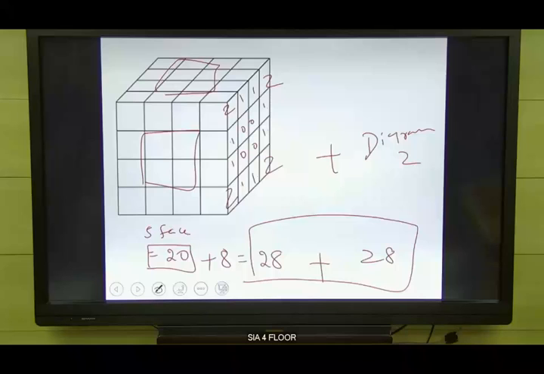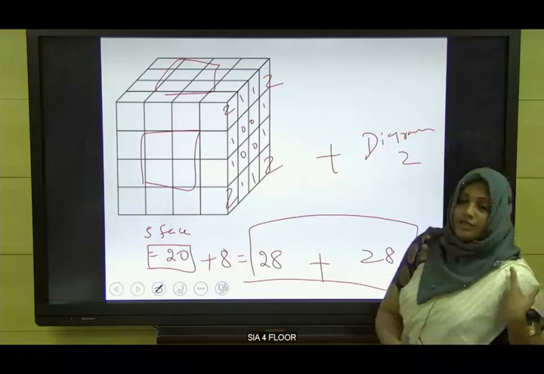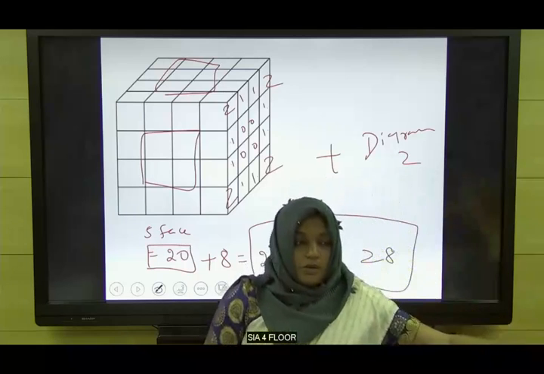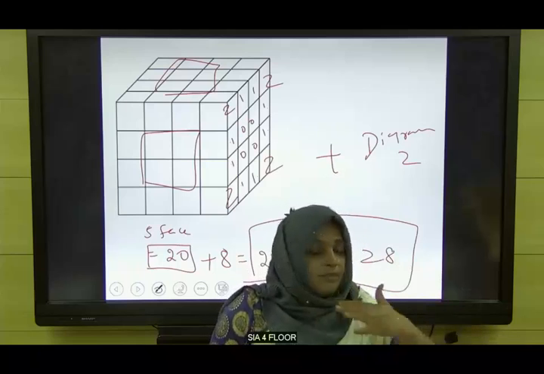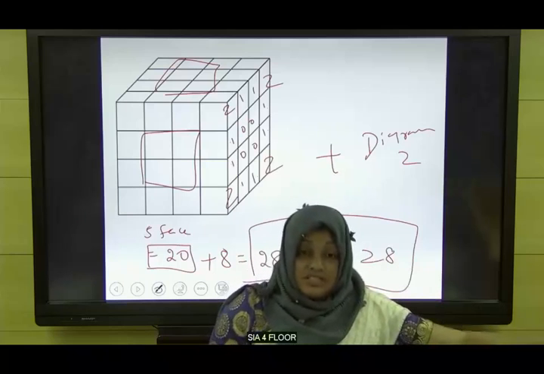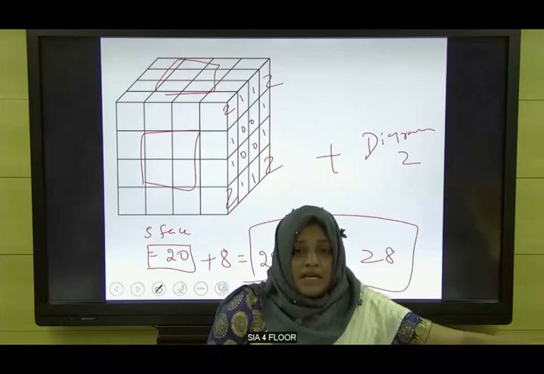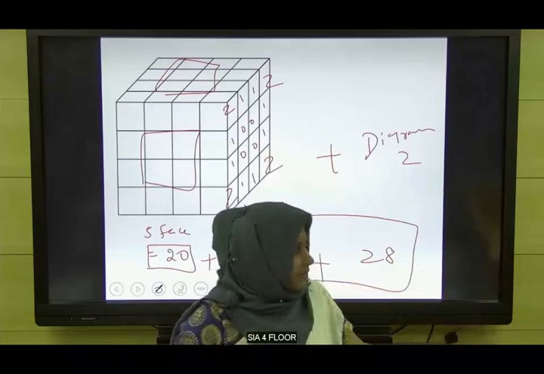Okay, got it? Yes, okay. So how is this one different from the others? You have to ensure that all the 6 faces are painted. If the 6 faces are not painted,